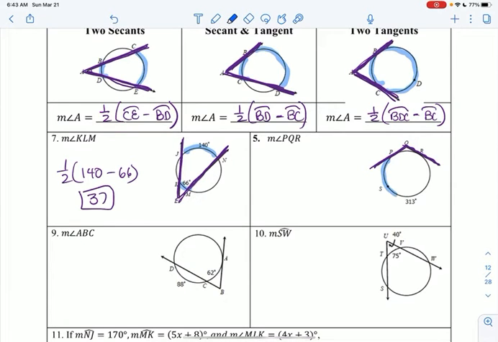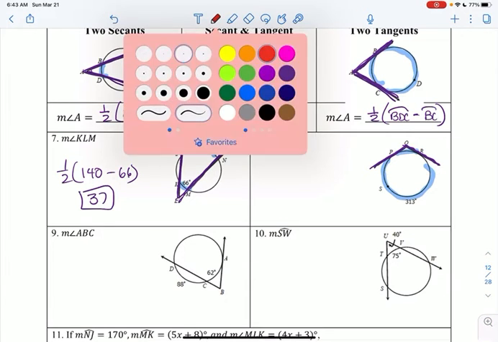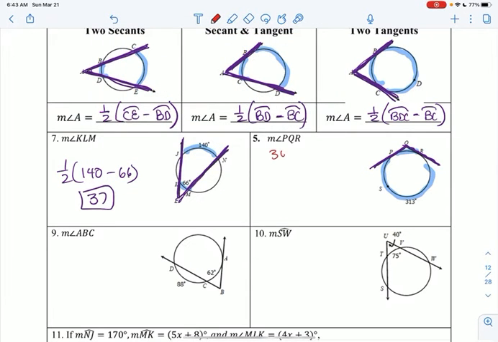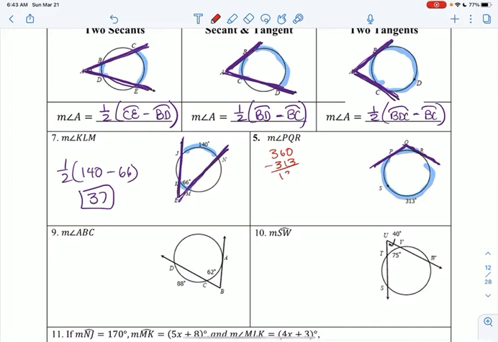Now on this one, interesting, they didn't give us one of the arcs. I'm going to have to figure out what that arc is. So I'm just going to do 360 minus 313, because those two arcs together form a complete circle. So now I have the arc. And the angle is just 1/2 the difference of those arcs. 313 minus,